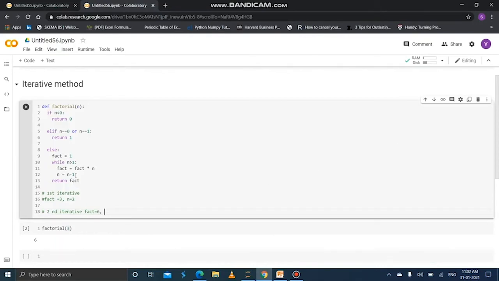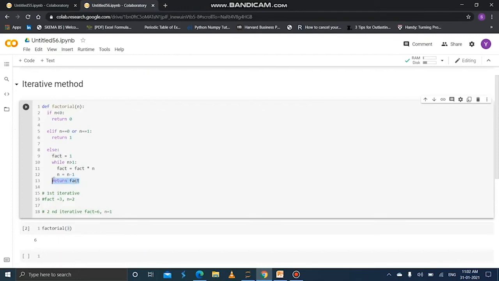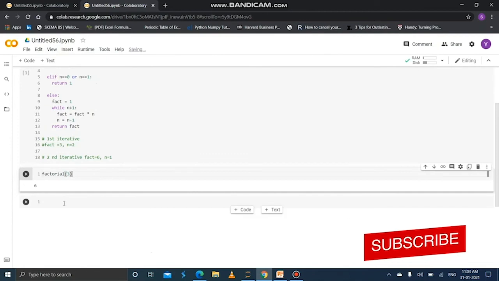And now again we have to decrease the number: n is equal to n minus 1. So n is 2, 2 minus 1 is 1. Now n becomes 1 and it iterates again. Now while 1 greater than 1, the condition is false. It will close the loop and it returns the fact, 6. Great. We performed an example by passing 3 and we got 6.